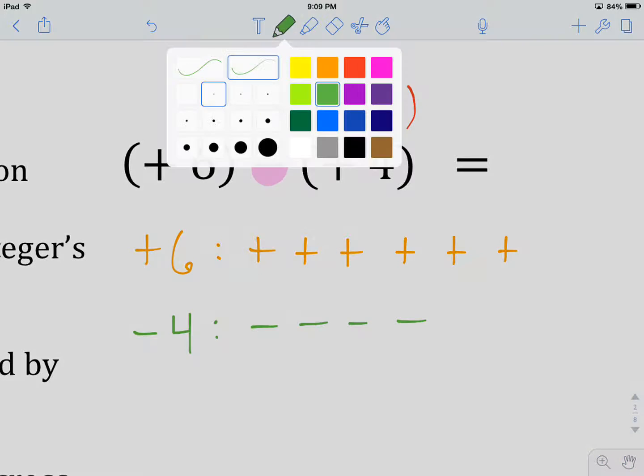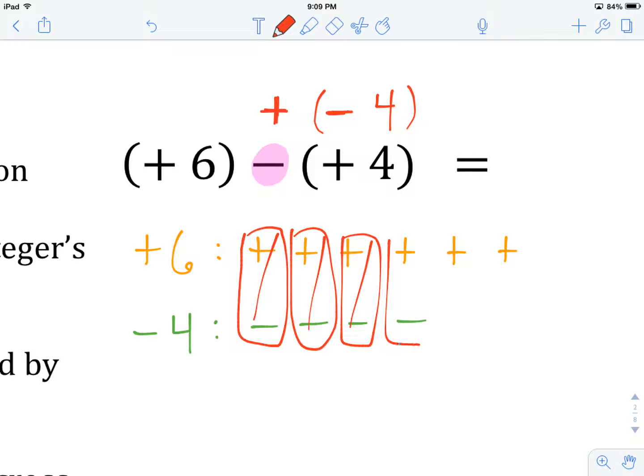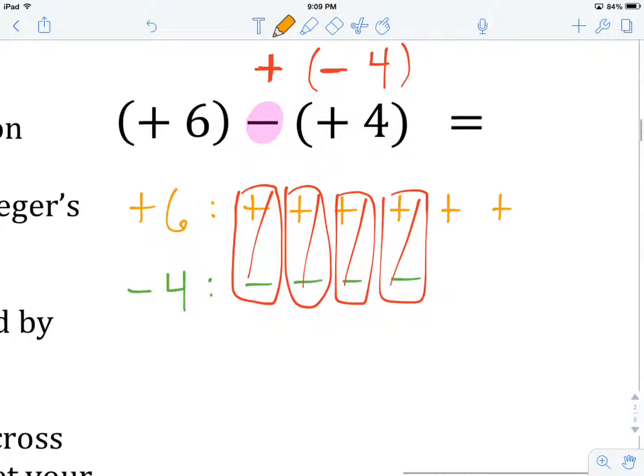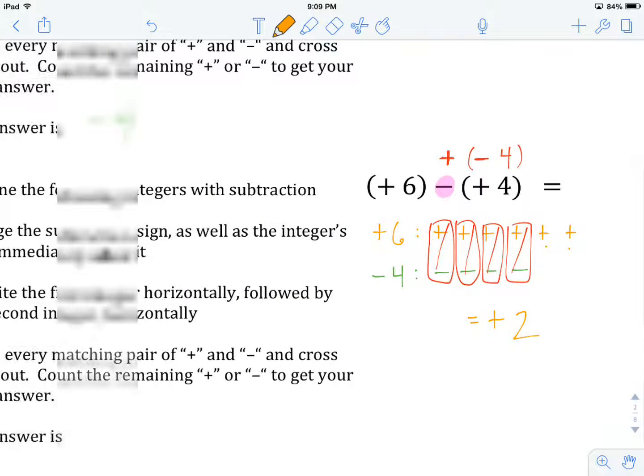Now we are going to group together pluses and minuses in pairs and scratch them out or sort of cancel them out as they undo each other. There's a second one, a third one, and a fourth one. So now we're out of plus minus pairs. What do we have left? We have pluses left, so our answer is going to be positive. And how many pluses do we have left? 1, 2 of them. So our answer is going to be plus